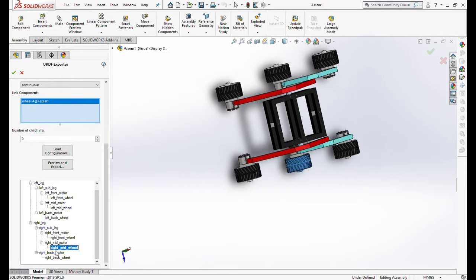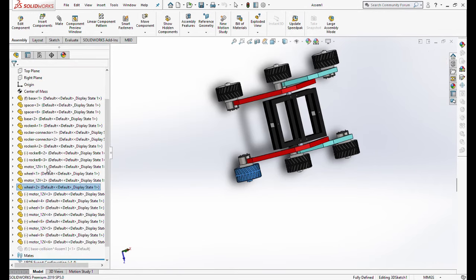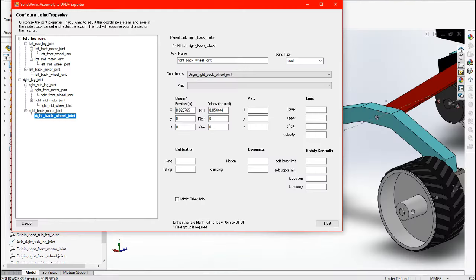Once all the links are selected, click on the Preview and Export button. The reference coordinate systems and axes will be created, and it will take a while to finish the process. Once the process is done, you will find this dialog box in front of you. It shows the URDF properties of each link. If you observe here,